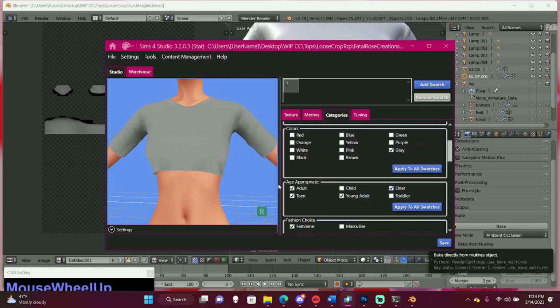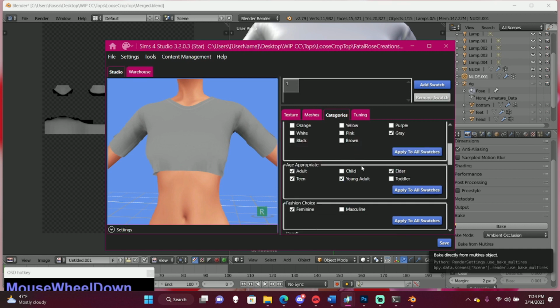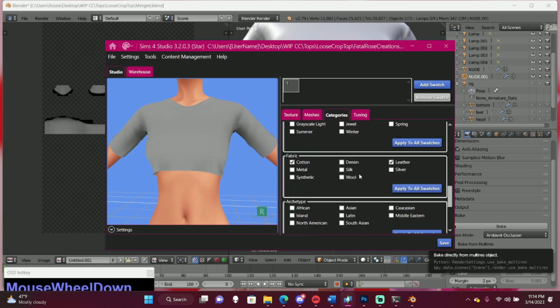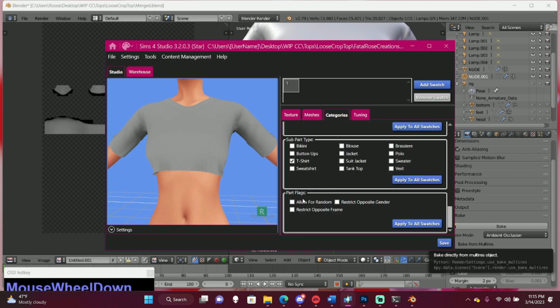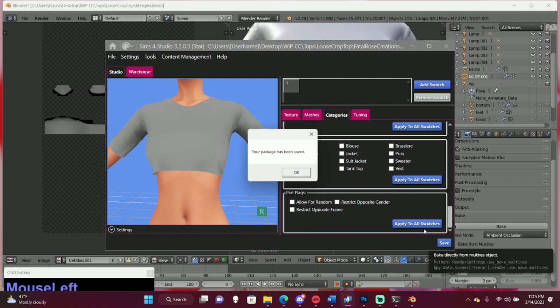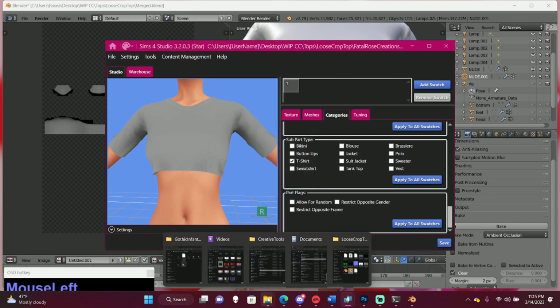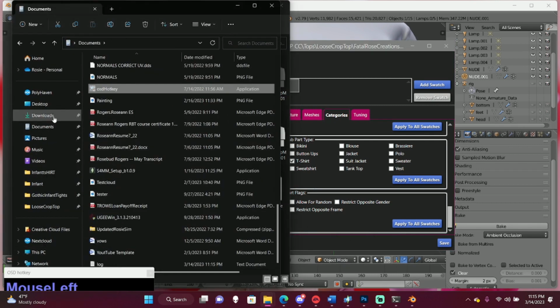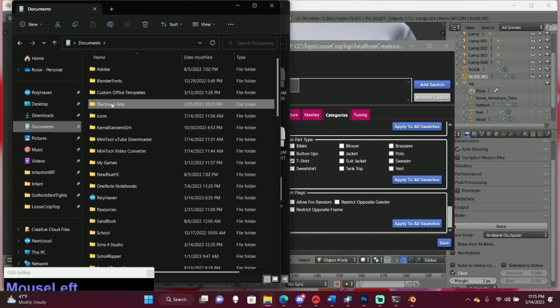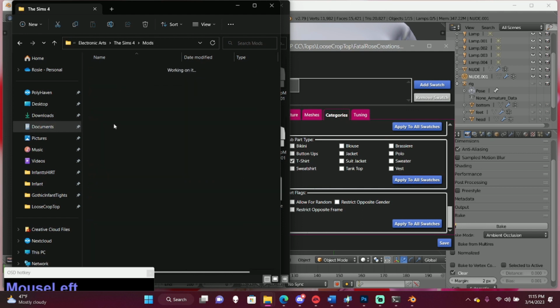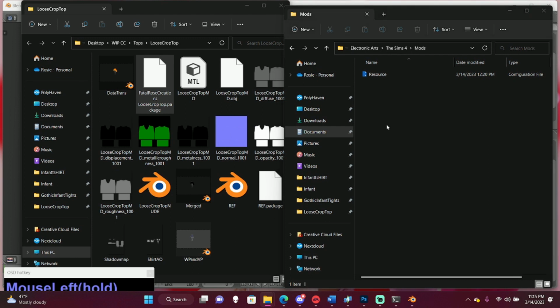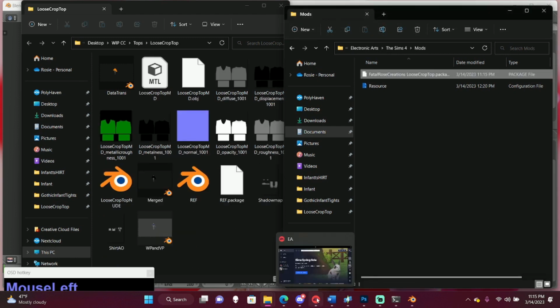The important things are make sure you assign your colors properly, your age, the gender. Don't click for it to appear when the sim is naked, and then disallow for random. So then we're gonna click save. Then we're gonna go to Documents, Electronic Arts, Sims 4, Mods. And we're just gonna drop that on in there, and we're gonna go test it.